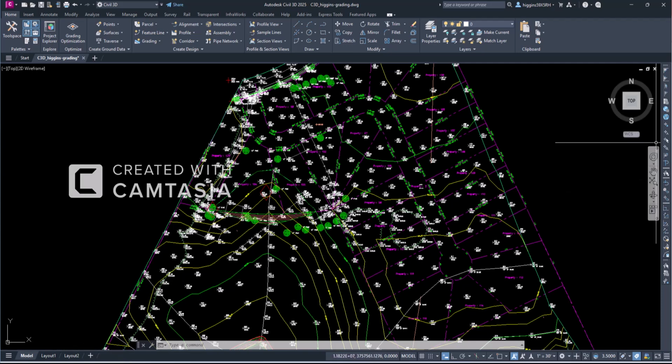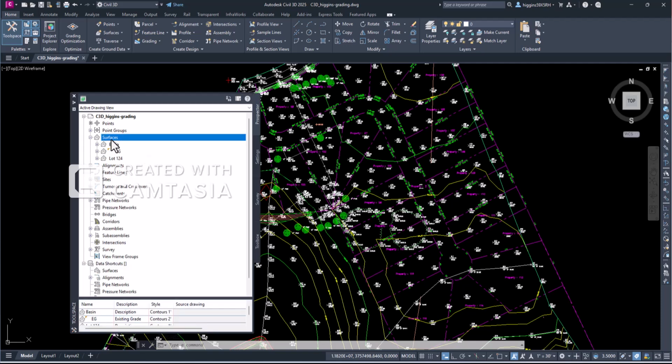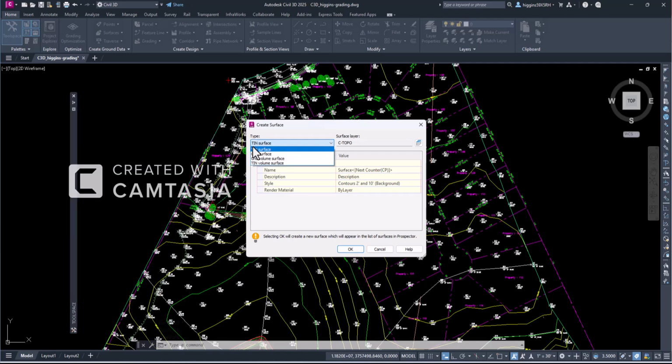And so I've got to go to my prospector folder. So I got to put on tool space here. So I'm going to go to surfaces. And I'm going to click on surfaces, and I'm going to go create surface. Okay, and here is the type of surface. I don't want a tin surface here. I want to do a tin volume surface. And I'm going to click on here, and I'm going to name this one volume